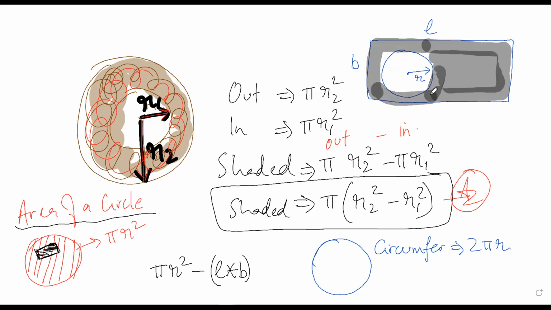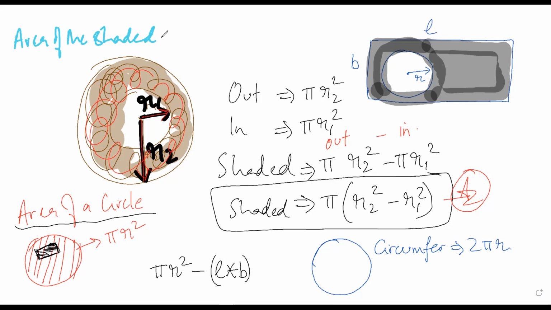Sarthak, how will you do the question? So we'll first find the area of the whole rectangle. Shabash. And then we'll find the area of the circle, then we'll subtract. Mr. Satya, any doubt? Area of the shaded region.